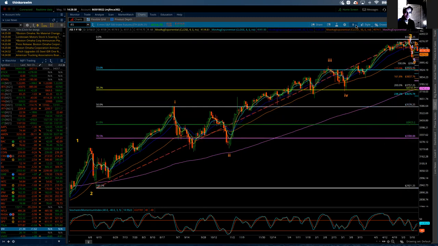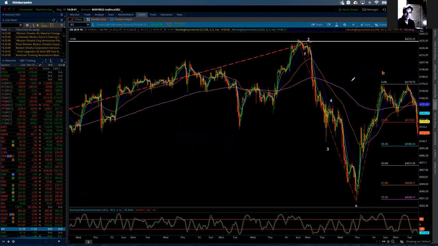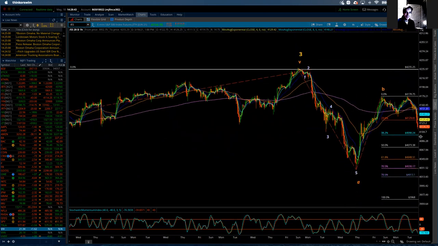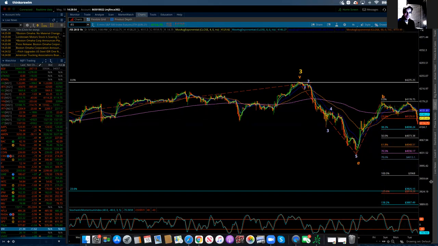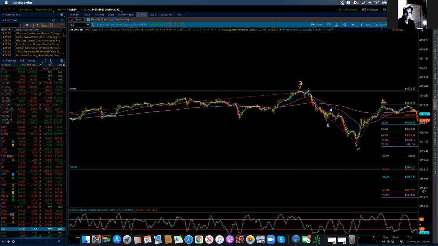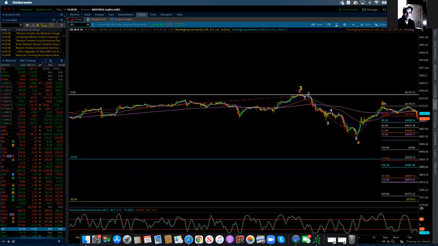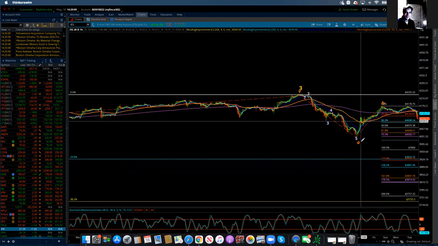So now let's take it back down to our hourly chart, and let's take a peek if we have any groups coming together. And we do. The 23.6%, which would be an absolute minimum for an intermediate fourth wave, comes right down here at this level. Now, what else do we have? We don't have anything else until way down at 3,733, which is for 200%. So wave C would be 200% the length of wave A. Possible? Absolutely. That's why we have these Fibonacci levels, because this is where it would be.